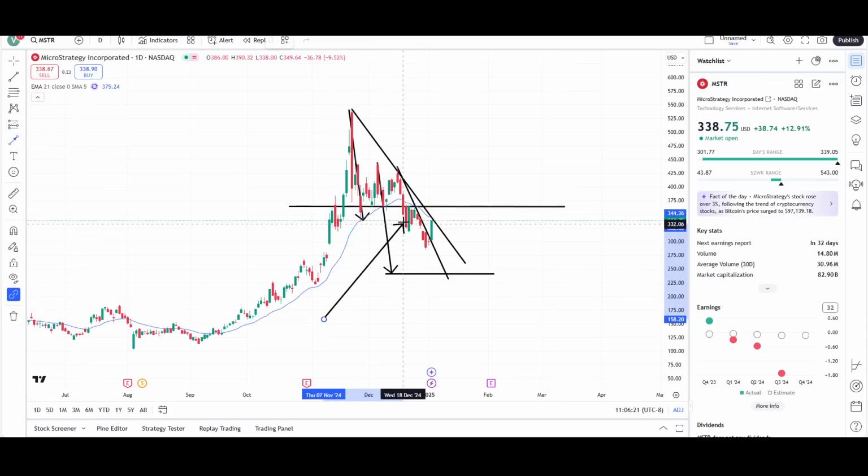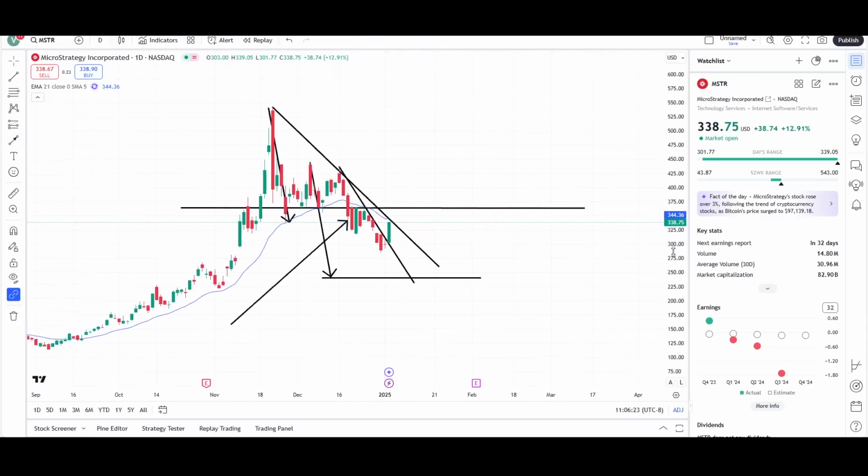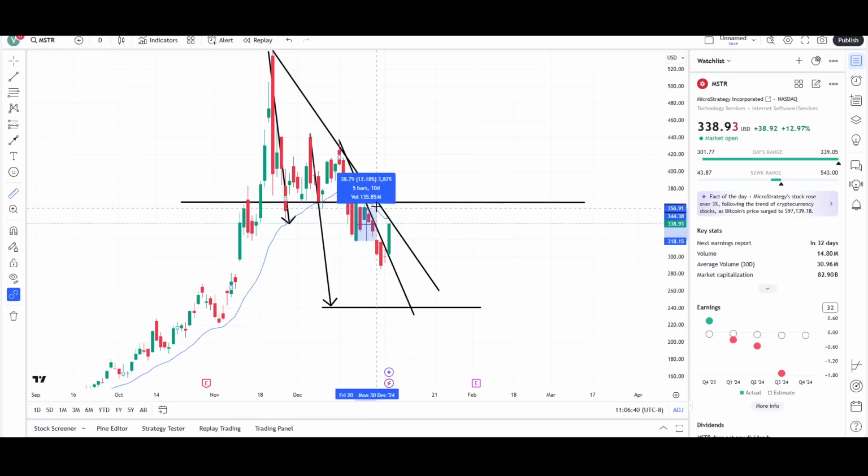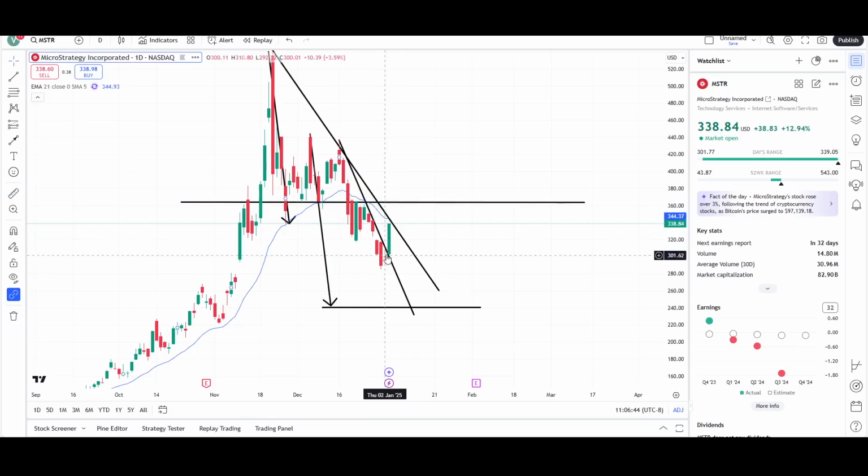You can see that price pushed through it right over here, back here in mid-December. Price pushed through, and then we did see a massive green bar get rejected from that level, and then price slowly sold off. So we have seen a massive green bar before, and what happened shortly after? Just more consolidation and then more downward pressure. So this green bar was about a 14% day, just like we're getting right now. So it's not